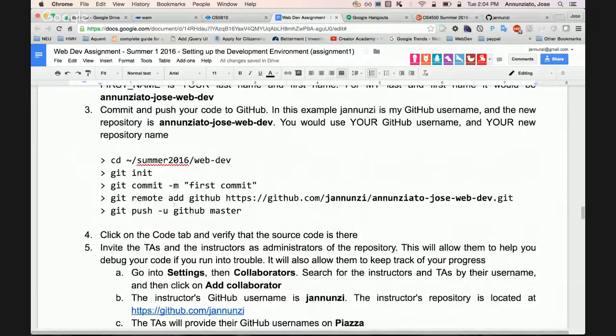Okay, so basically what happened is that this is my Git, and here's your machine. What you did is you cloned down the project here from my Git. And then you're going to copy it to your Git, so you're going to have your own Git. So this is my Git, and this is your Git. You did a clone, and here you're going to do a commit and a push, and it's now available. And I need you to invite the TAs and myself to this Git account.